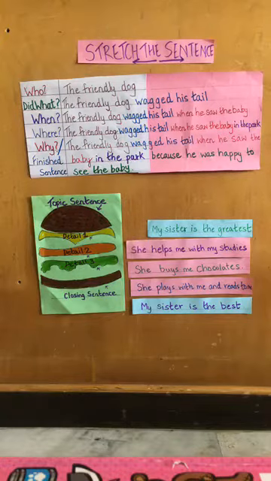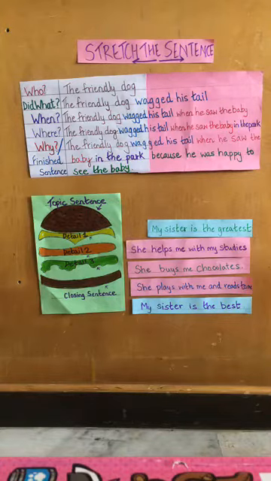As you can see on the board, I have drawn a hamburger. I'm sure you must have seen it online, because it's used very frequently to explain paragraph writing. So what is the topic sentence, which is the first layer of the hamburger? The topic sentence basically tells you about the main idea. Now in this you can even give the child a picture of anything, maybe a fruit or the park, or whatever the child wants to do.